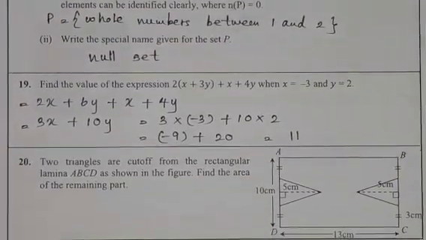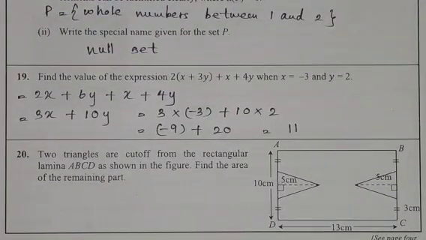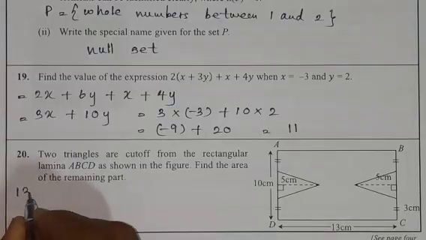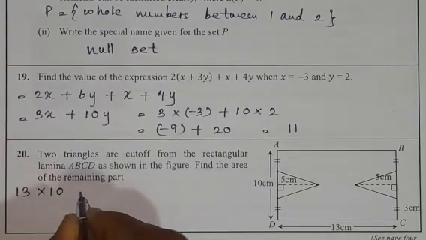Then the last question. Question number 20. Two triangles are cut off from the rectangular lamina ABCD as shown in the figure. Find the area of the remaining part. We want to find the area of the remaining one. First, we want to find the area of the given rectangle and then subtract the two triangles. How to find the area of the rectangle? 13 into 10. 13 into 10 minus